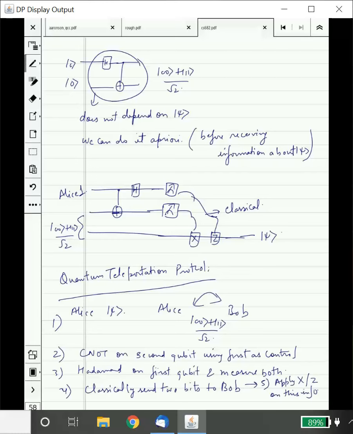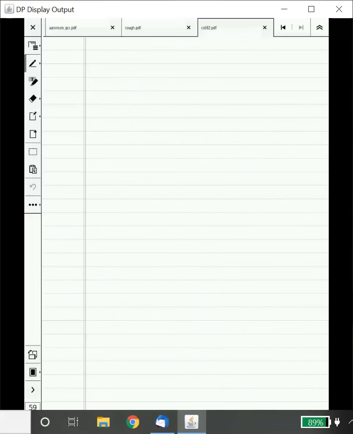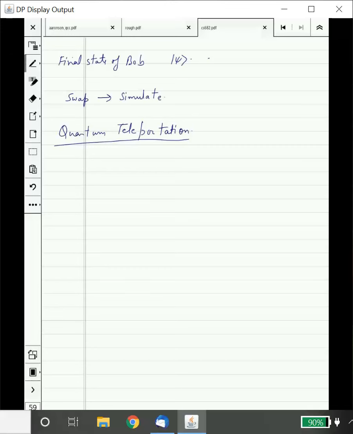In the notes, you can see by these states, you can do the calculations and you can verify that the final state of Bob would be psi. I could have directly given you the protocol and showed you the calculations. It would seem magical that finally Bob has this state. But this sequence of steps shows you exactly how you can arrive at the quantum teleportation circuit. The idea was to simulate the swap circuit. And then different C0s were either gotten rid of or were done using entanglement. This allows us to do quantum teleportation. In the video, I have given you the intuition for the quantum teleportation protocol, but make sure that you look at the exact protocol and verify that this protocol